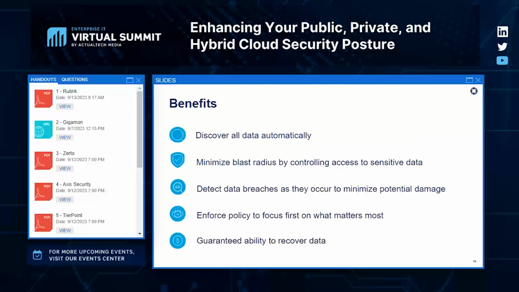So just to wrap up, the real benefits of the Laminar and Rubrik partnership, now that they are a part of us, are discovering all of your data and inventorying all of the assets in your organization automatically, deploying no new infrastructure and no new servers, minimizing the blast radius of a potential worst case scenario, detecting breaches in real time with data detection and response and threat alerts for users doing malicious behavior inside of my environment at the file level, taking things out when they shouldn't be, enforcing over 200 policies with our best-in-class classification engine, with the ability to actually configure your own custom policies and define what is sensitive and what is not, and relay that back to the rest of your SOC, your SIEM, your SOAR, or your labeling and classification system in your SaaS platforms.